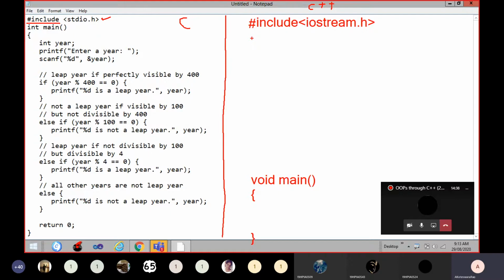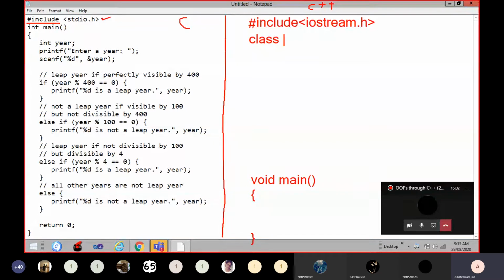Next, we have to take a class. What is the syntax for class? Class keyword, followed by class name. And you remember that class name should always start with a capital letter.